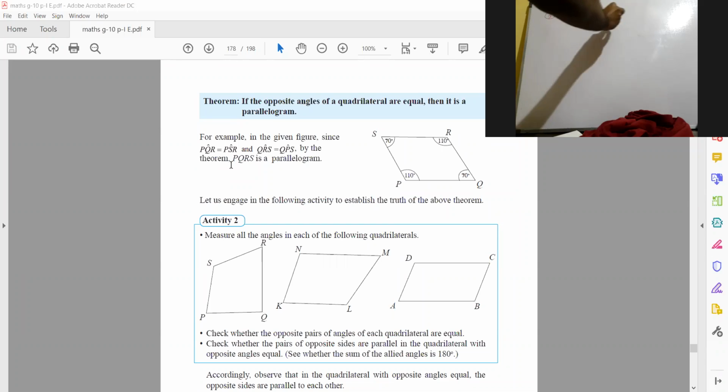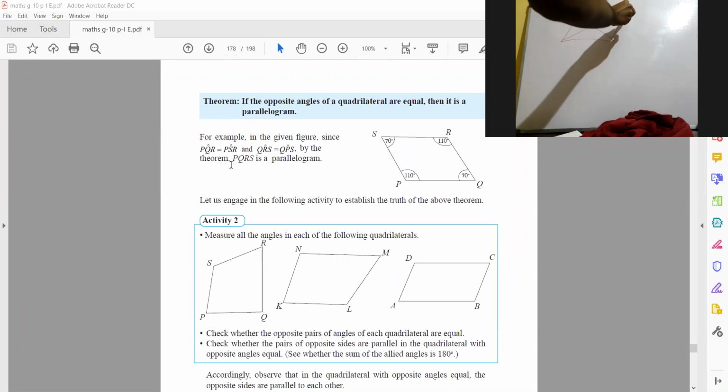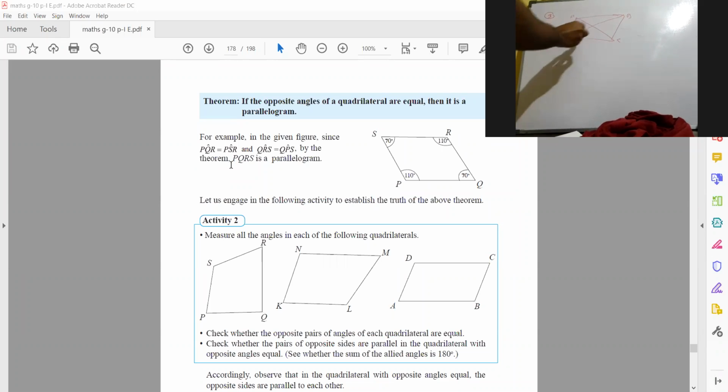Means if in ABCD the diagonals bisect each other, consider this point as O, where the diagonals intersect each other, and if this is equal to this, and this is equal to this, right? We can say that ABCD is a parallelogram, right? That's the third theorem. And the fourth theorem is